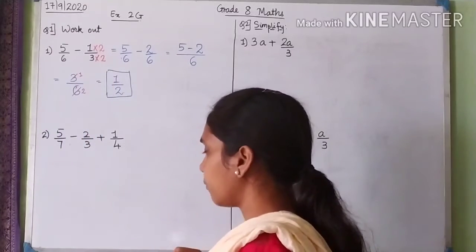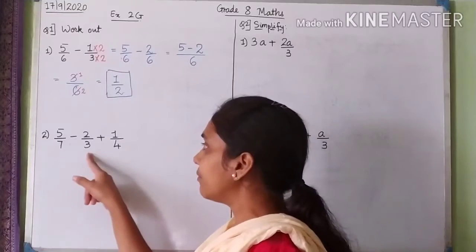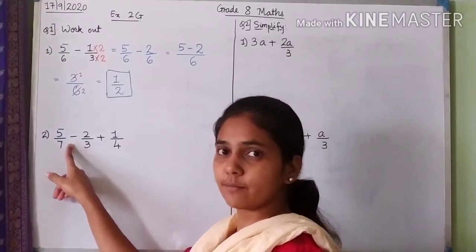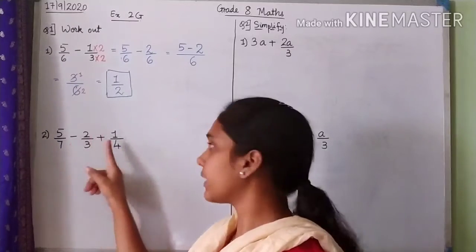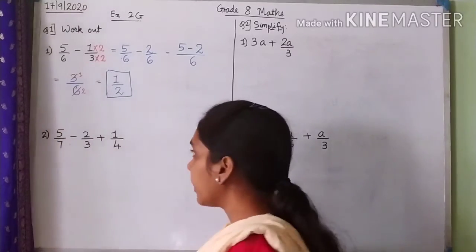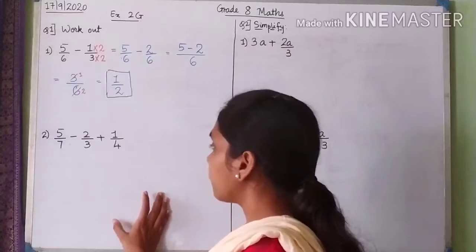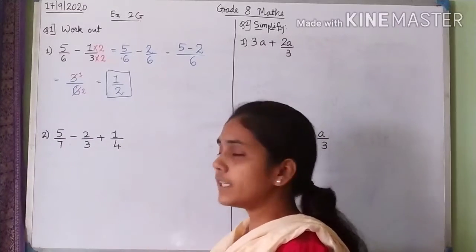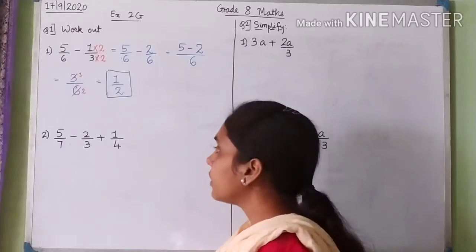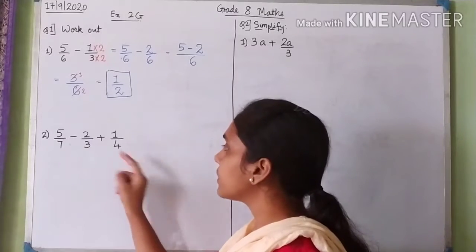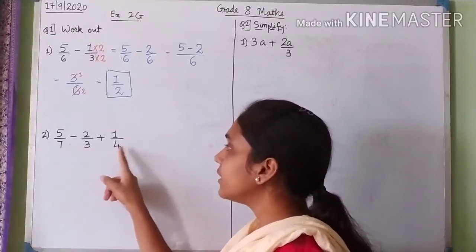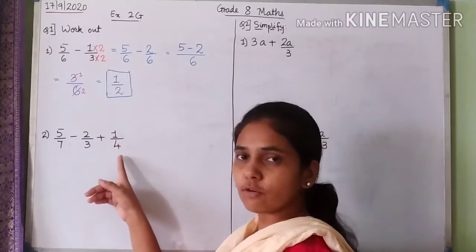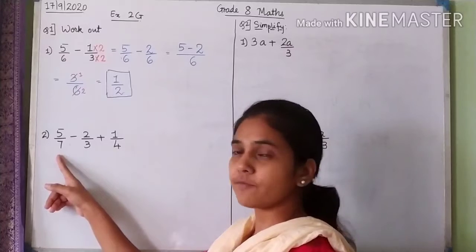Now we go to the second one. The second one is, there are three fractions given to us. In between the first two there is a minus sign, that means they are subtracted and then they are added. Okay, so for this, at one stretch we will make all three denominators equal. So now here you can see that the numbers given to us are not multiples of each other, like 7 and 3 are not multiples of 4, 4 and 3 are not multiples of 7,